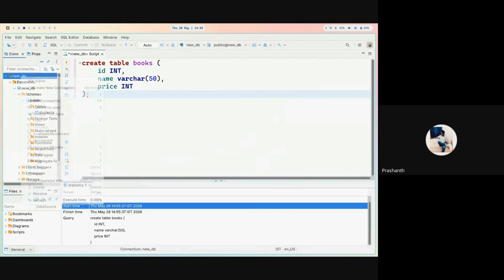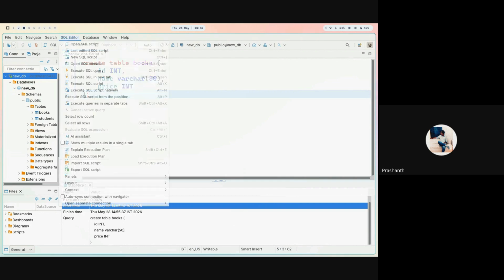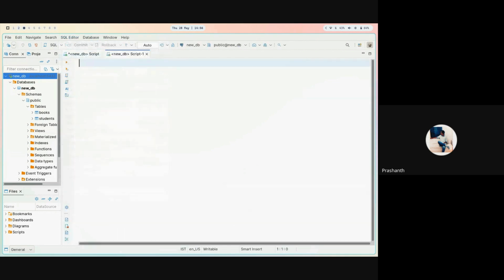Now I'll just refresh this DB, and you can see there is a table books now. If you want to see the table, we will use querying: select star from books.